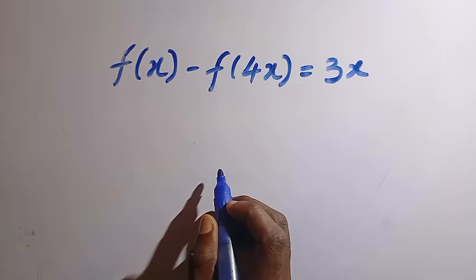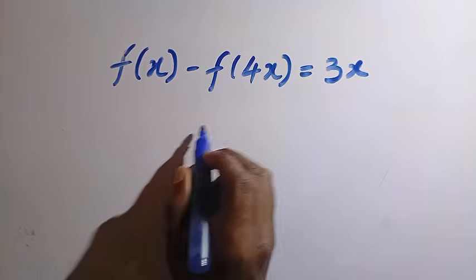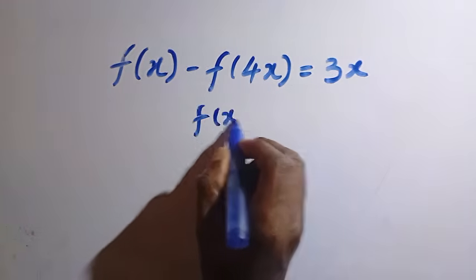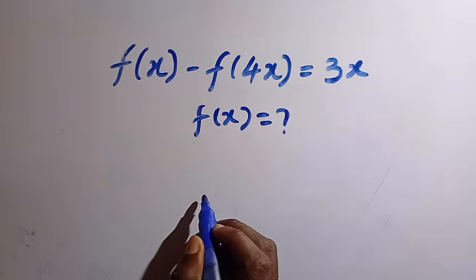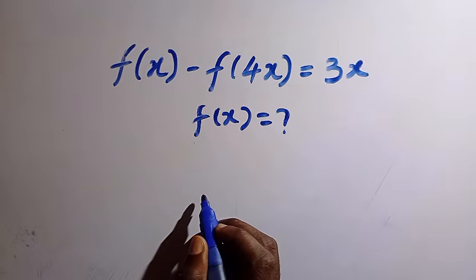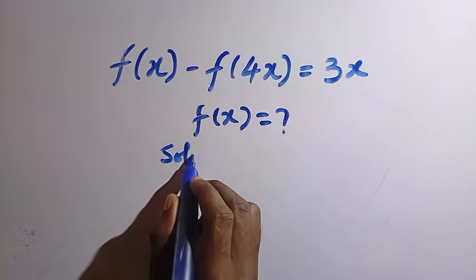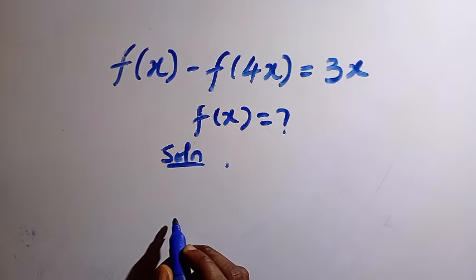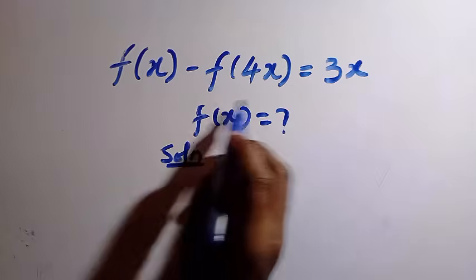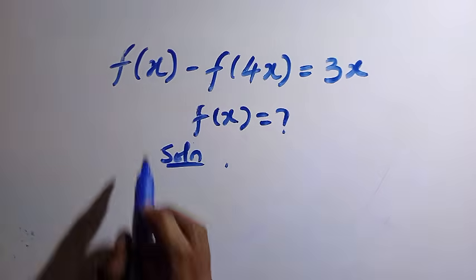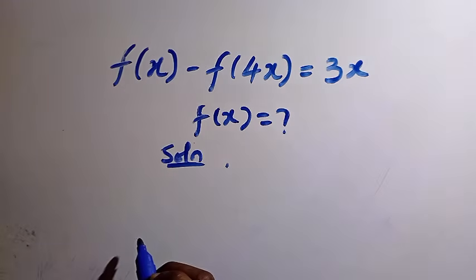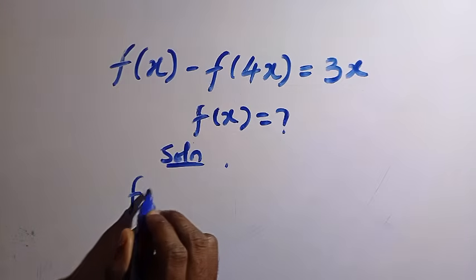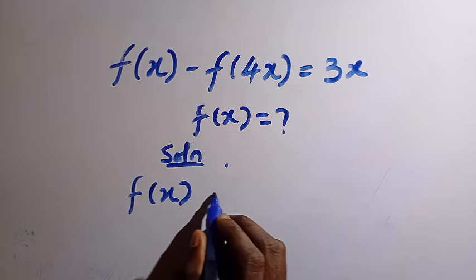And I'm going to be solving this step by step. What we need to get is f of x, and there are different ways to solve this, but we have to verify first. Let's try a telescoping method, which is the first step to take. If I rewrite this, making f of x the subject of the formula, we have f of x equals